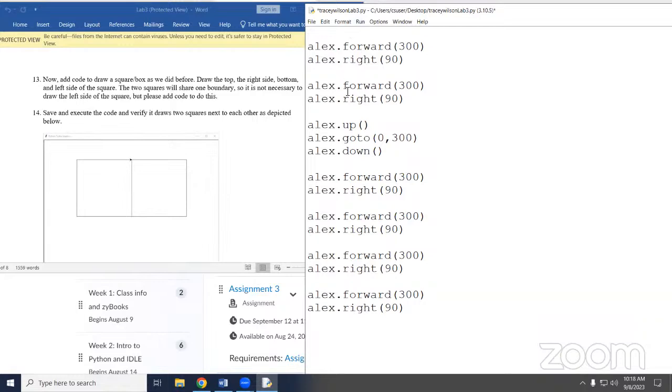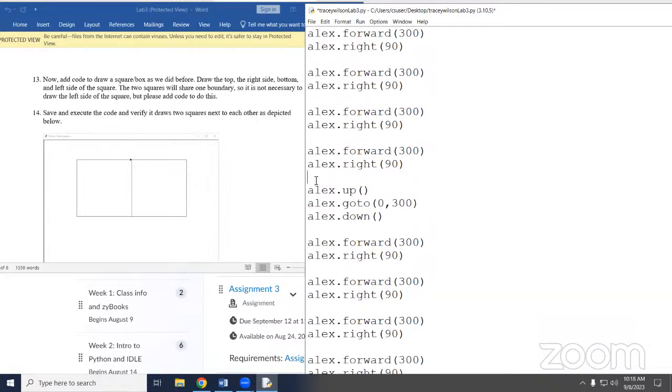But now I'm going to put a little comment in here for me that says second square. Now, why did I put that comment there? Purely for me to divide up code.